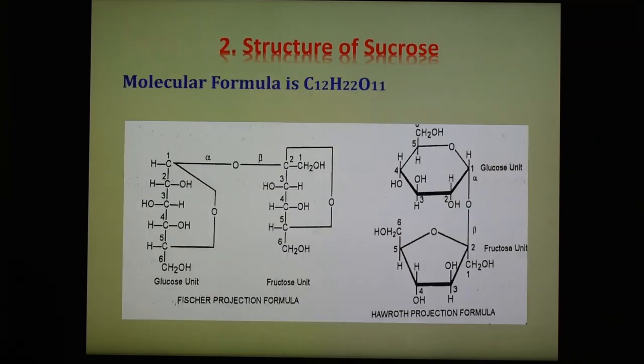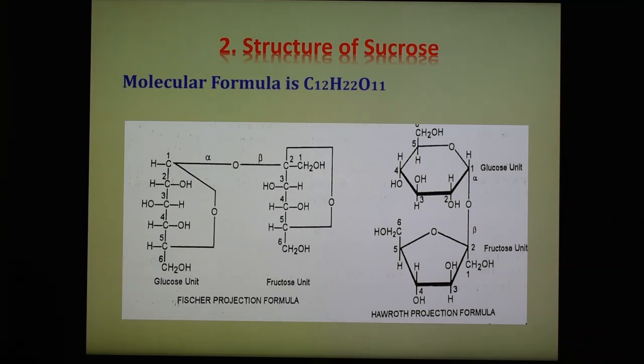The second structure is sucrose, and sucrose also has the molecular formula C12H22O11. So in this case the formula is the same, but the arrangements are different, and the slide also shows the Fischer projection formula and Haworth projection formula. So here the molecular formula of sucrose is similar to maltose, and it shows non-reducing nature. In that case there are 2 units, a glucose unit and a fructose unit, shown in the slide. Regarding the nature of the monosaccharide units, sucrose on hydrolysis gives 2